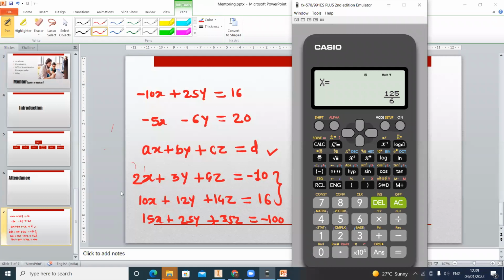Okay, so I have selected these random values. If you enter the correct values, then you will get the answer. This is for x, then this is for y, and this is your z variable. Okay, so this is how you can solve simultaneous equations with 2 variables or 3 variables.